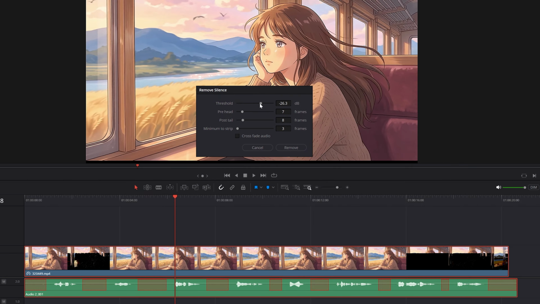Then we have the threshold for the volume. As you can see at the bottom here, you can see things changing, but normally it's set standard to -25, which is normally okay. Then we have the pre-head and the post-tail, which determines how much before and after window